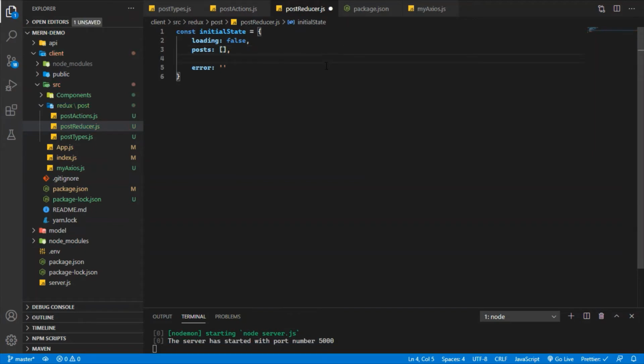And later on in this project I am going to store one post for updation purpose, so this will be an object. So first, therefore I am going to give it a null reference,